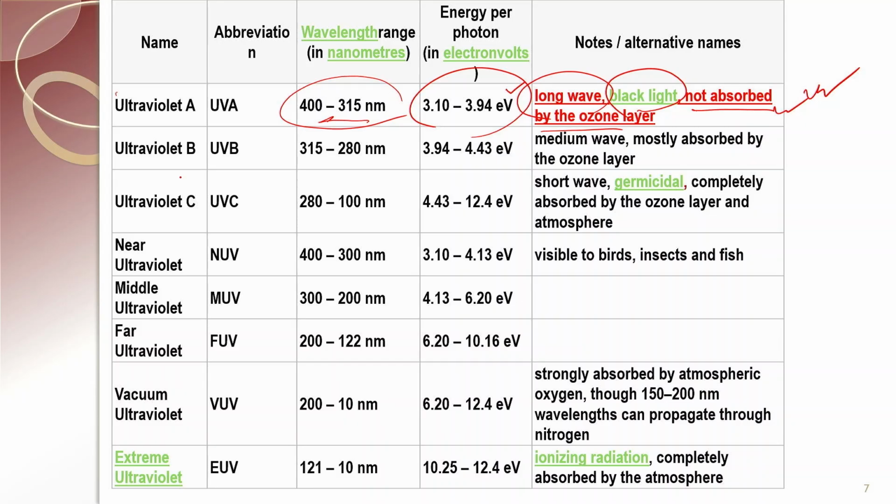UVB, with a little bit shorter wavelength with higher energy. This is a medium wavelength and mostly absorbed by the ozone layer, but to some extent, typically around 5%, reaches the earth surface, typically 95% is absorbed, and UVC